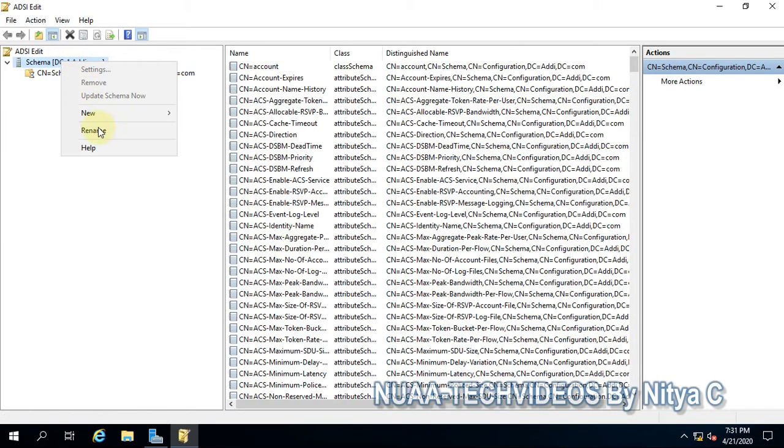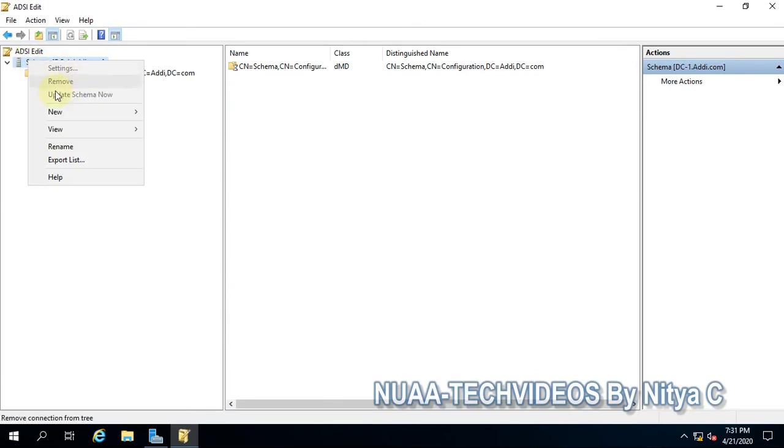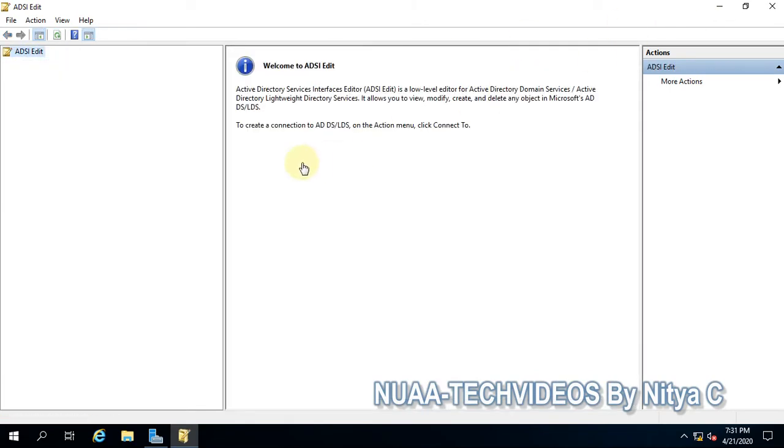So how to connect? This is already connected, so let me remove it first. When you open ADSI Edit for the first time, you will see it like this, and you can connect to any partition of Active Directory here and do the debugging.